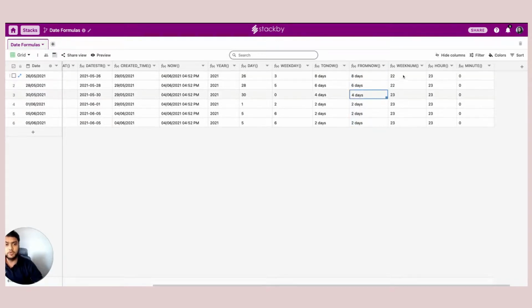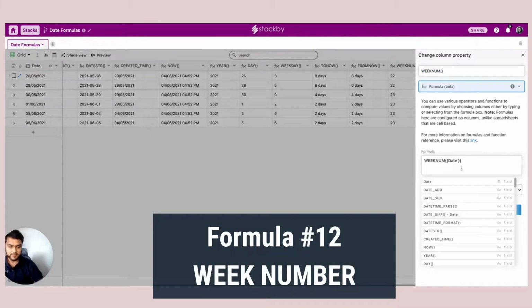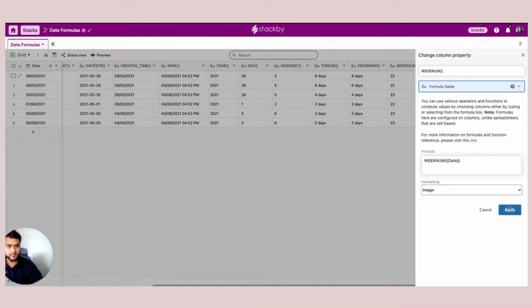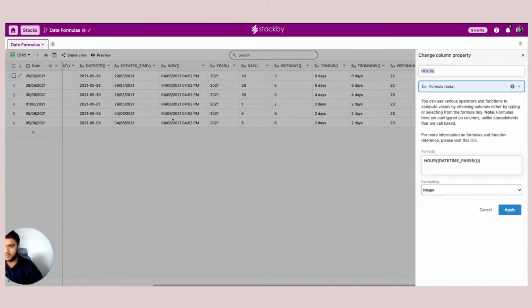And then you can also bring the week number of that particular date in that year. So this is the date, and the week number, for example, in this case is 22nd, and in these dates it's 2030. And what was the hour of this particular date and time?